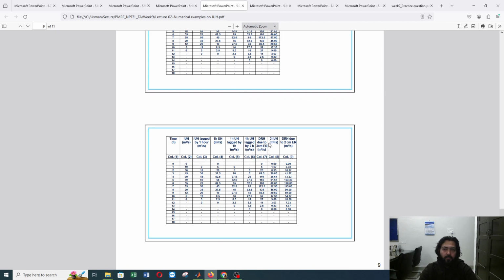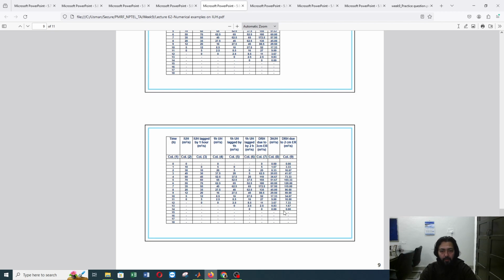For this 3 hour unit hydrograph, we want to derive a DRH when the excess rainfall is 2 centimeter. So we know the unit hydrograph ordinates, we want to calculate the DRH. We can multiply the value of the unit hydrograph with the excess rainfall of 2 centimeter. So multiplying column 8 with 2 will give us the value of DRH due to 2